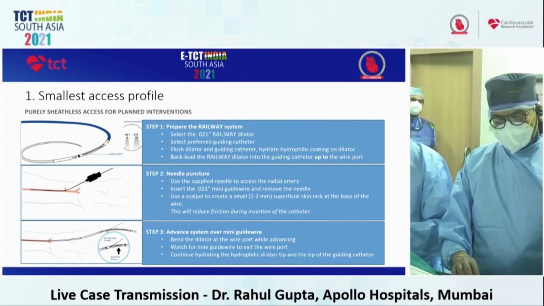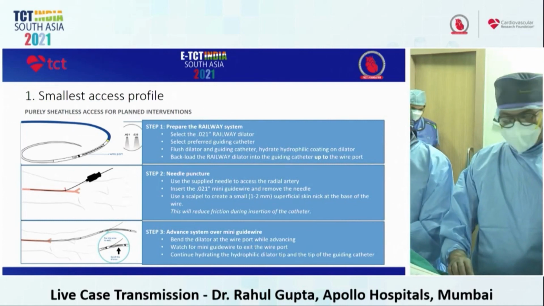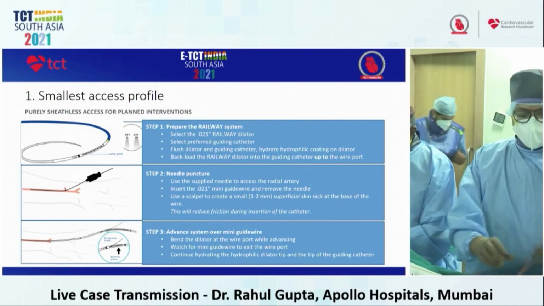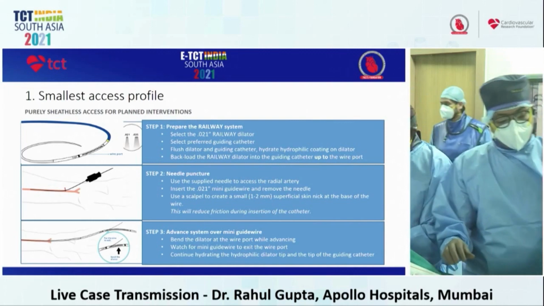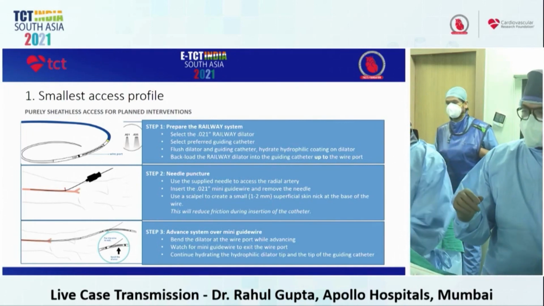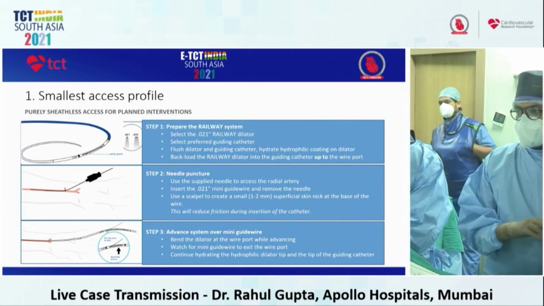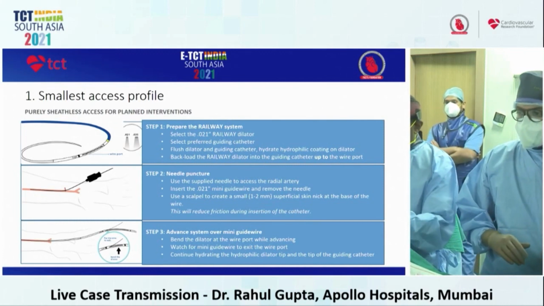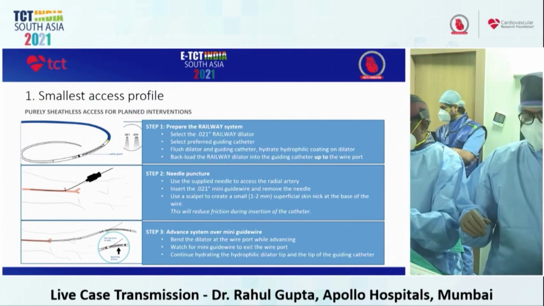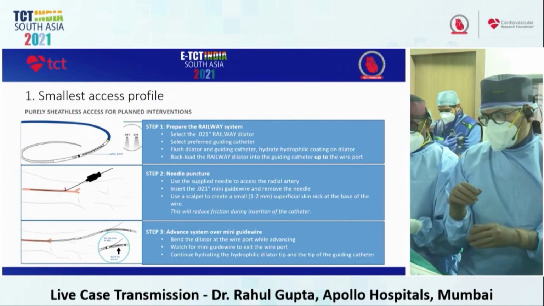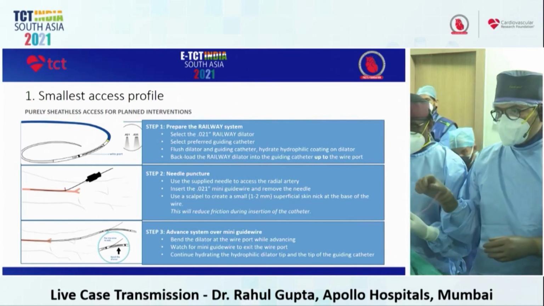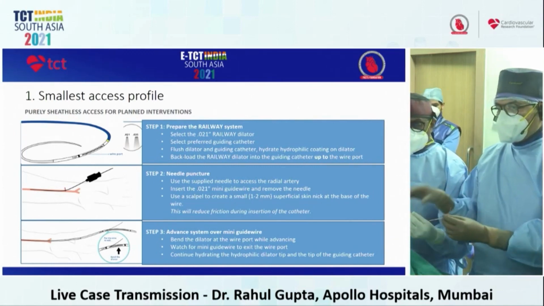I agree with your viewpoint, totally agree. So now, for the sake of convenience, so as not to waste time on the radial puncture during the live case, we have already taken a 5 French access of our patient, and we will demonstrate how to insert this catheter. I think slides can be removed. You can make your thing bigger, because the slide is not necessary.